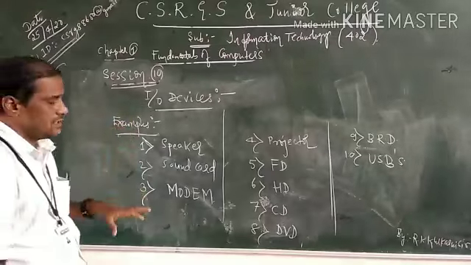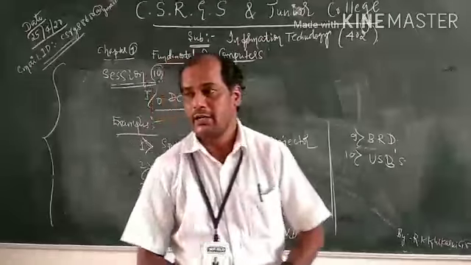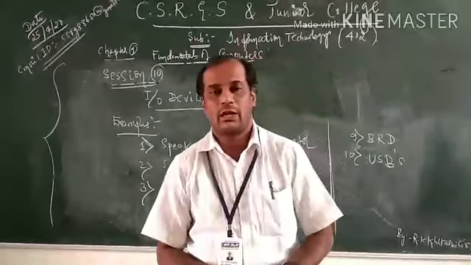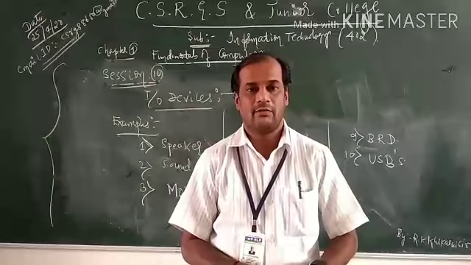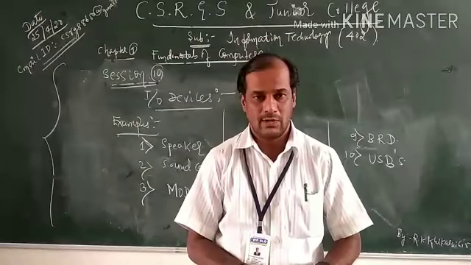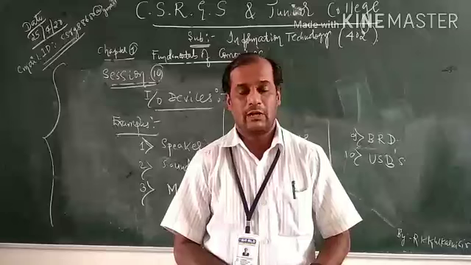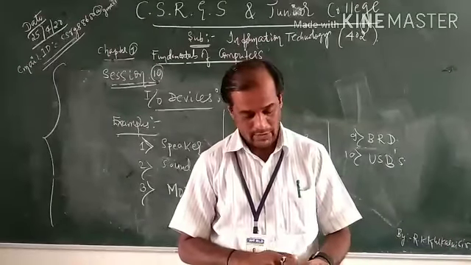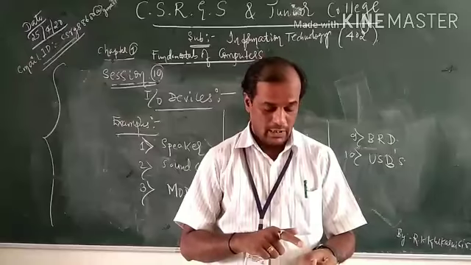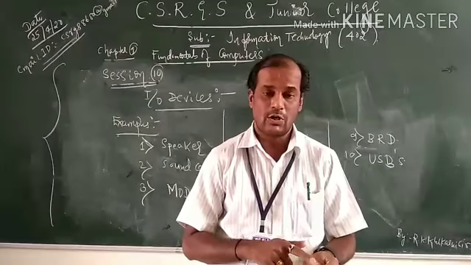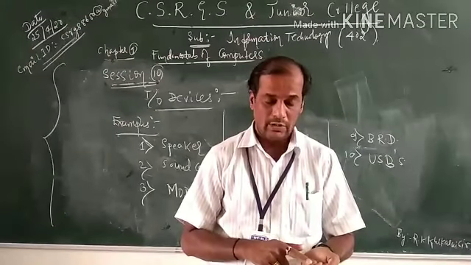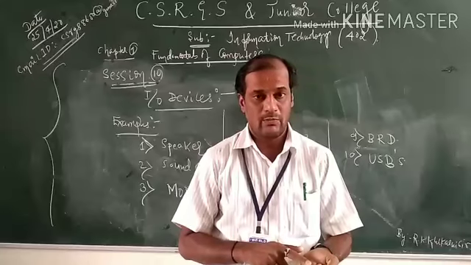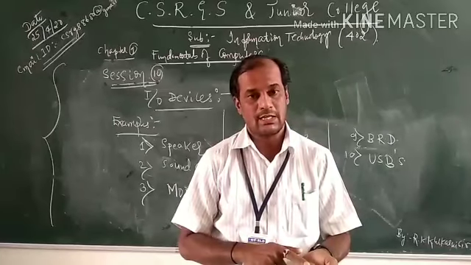Okay, coming to the first one, I/O device. I can define it like this. I/O device stands for input as well as output device. I am telling once again. Input devices are only used to give the input. Output devices are only used to display or print or plot the outputs. I/O devices are those devices which behave like both input as well as output.